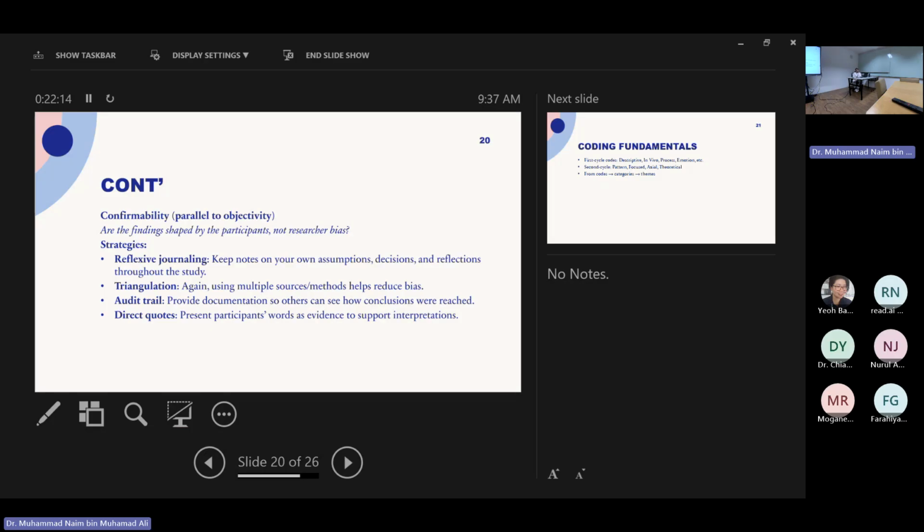Triangulation can come in the form of triangulation of sources, data, theory, or methodology. When I was doing my PhD, I did triangulation of theory and triangulation of data, to confirm my assumption.